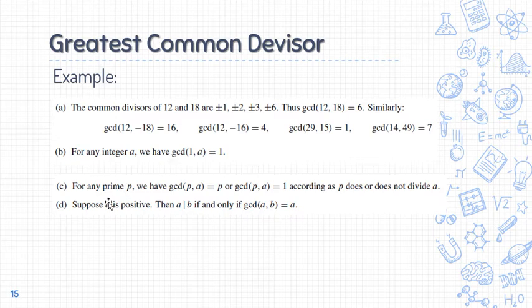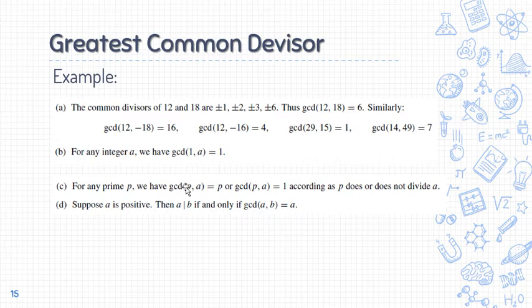Dito sa C, for any prime P, we have GCD of P and A is equals to P. Pasabot ani is that if si A ma-divide kang P, though si P is prime, but say for example si A is 14, so ma-divide man siya 7, di ba? And 7 is prime. Sa ato pa, walay laing GCD kundi katong prime na iyang pares. If ever na 7 is P, nya ato ang A is 14, so walay lain na siyang GCD kundi 7 or katong prime.